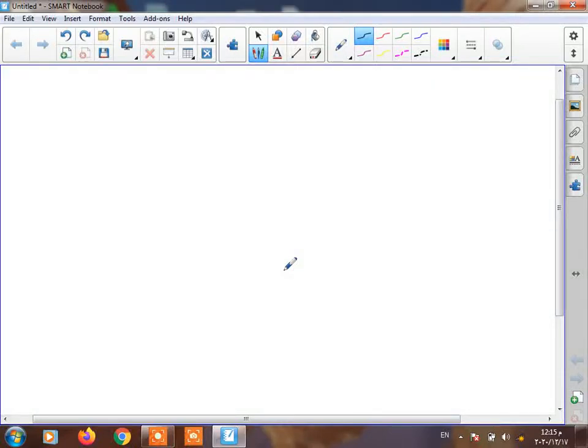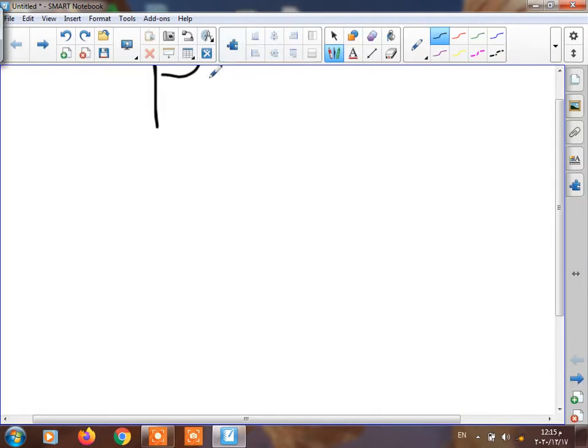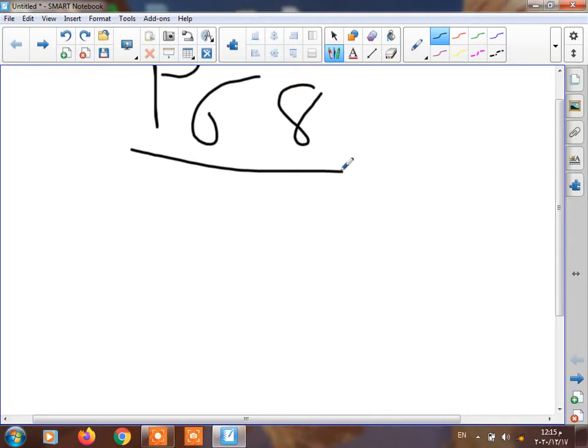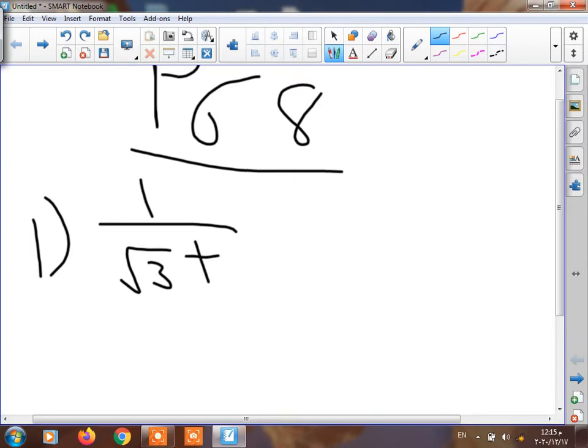Good morning, Middle 2. Today we will take a revision on application and operation on cube root and the inequality of triangle. Number 1, your booklet, page 68. We have to complete the multiplicative inverse for root 3 plus root 2. Multiplicative inverse in Middle 2 means we make 1 over root 3 plus root 2.